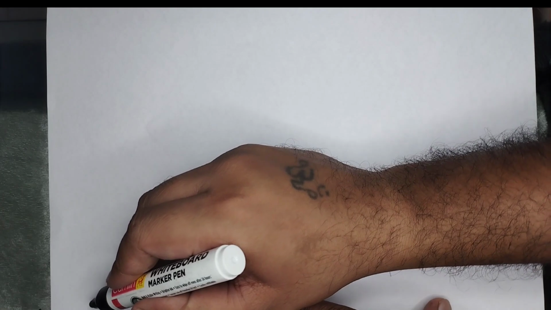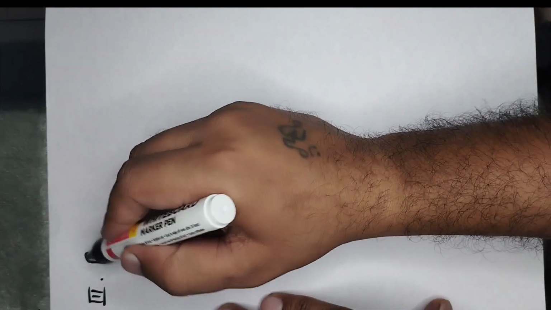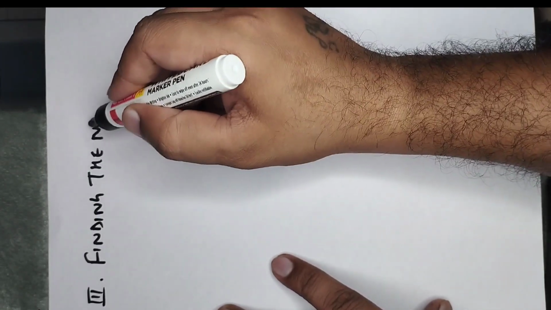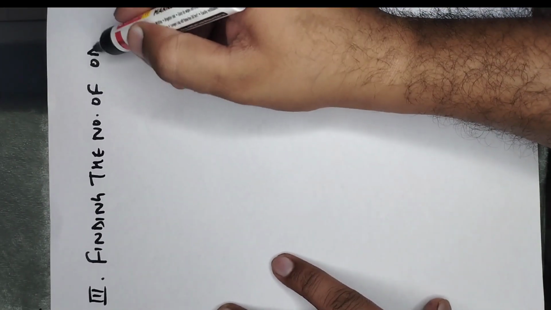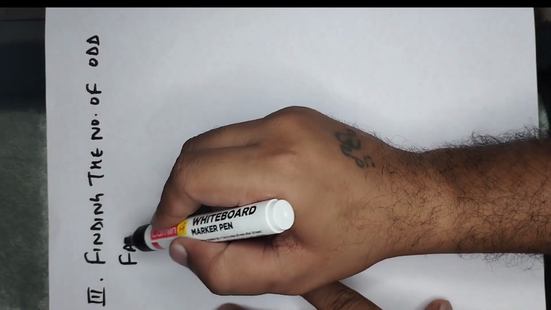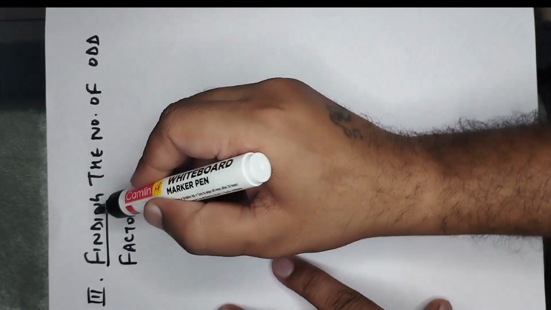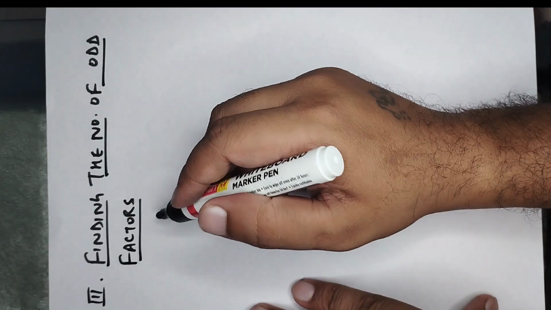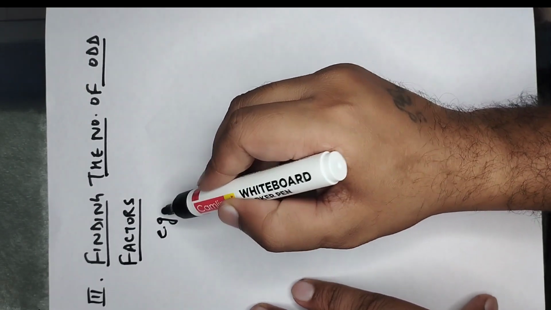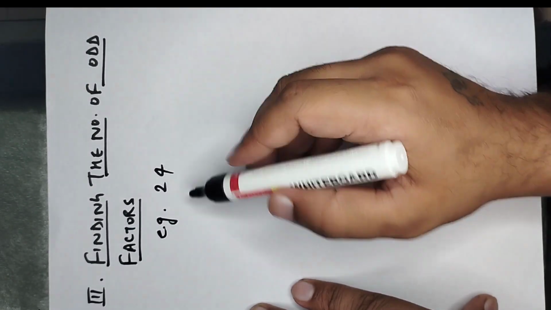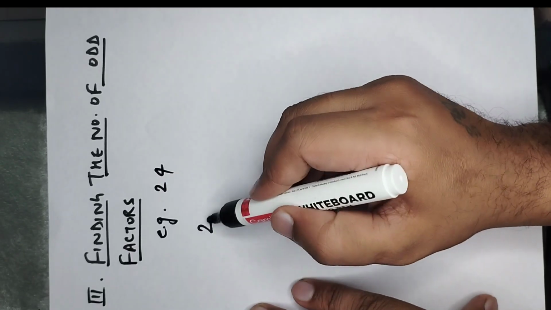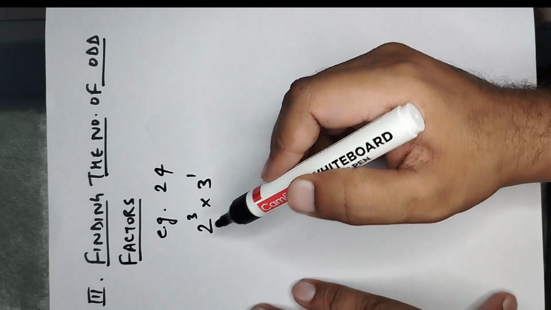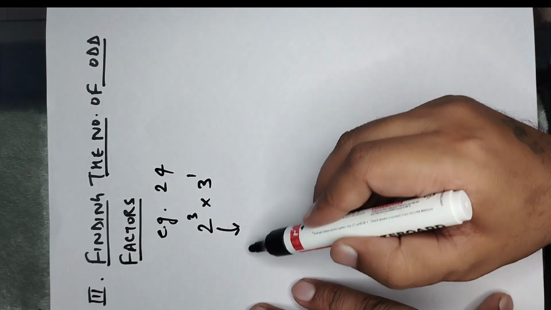Now the third topic that comes in this one is finding the number of odd factors. Now how do we find the number of odd factors for any number? Again, I am taking the example of 24. If you remember, we got the factors of 24 as 2 raised to the power 3 into 3 raised to the power 1. Now again I am writing this 2 raised to the power 3 as